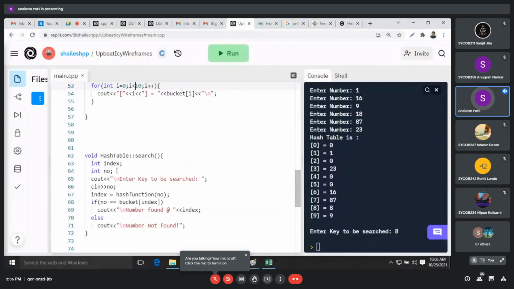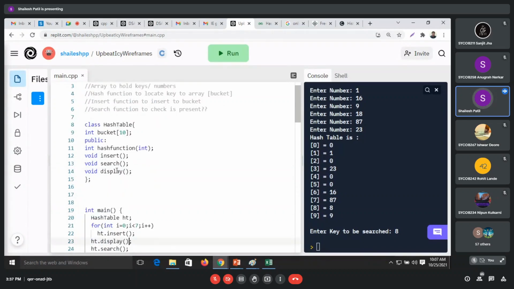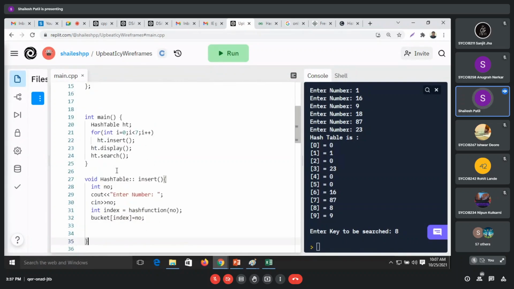This is only with the use of object oriented concepts. So this class, everything we have included in the class. Now these functions will be members of your class, and this variable is also a member of your class, and the rest of the program. But to access the functions of the class, we cannot access them directly. You have to access them with the use of a variable of that class, which is called an object. So you have created the object variable of that class as ht, and you access with the dot operator. Clear?